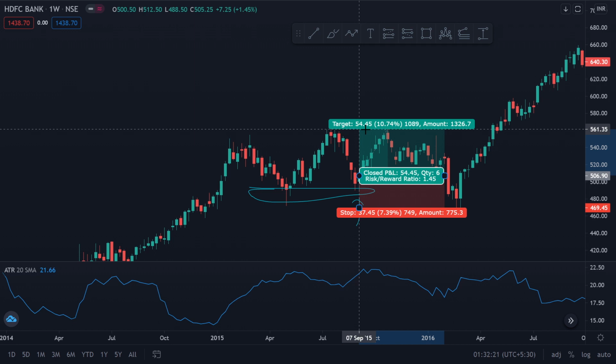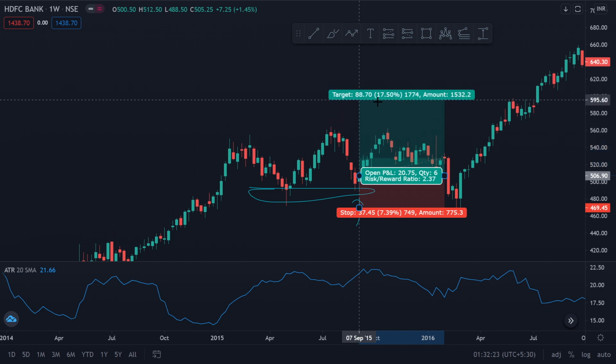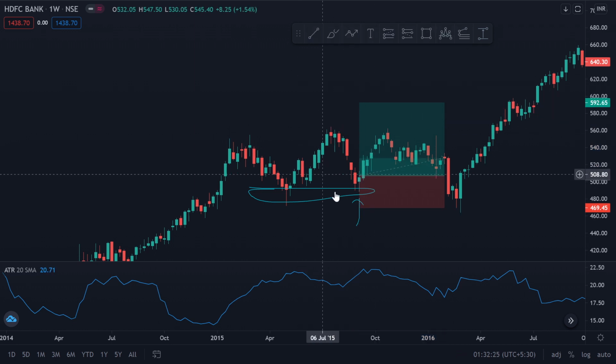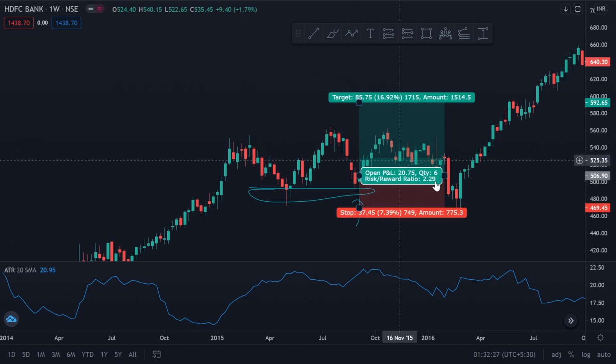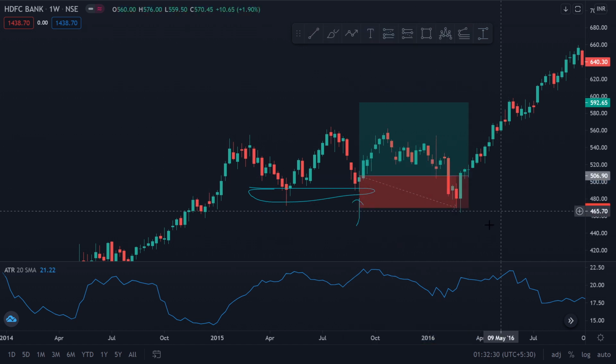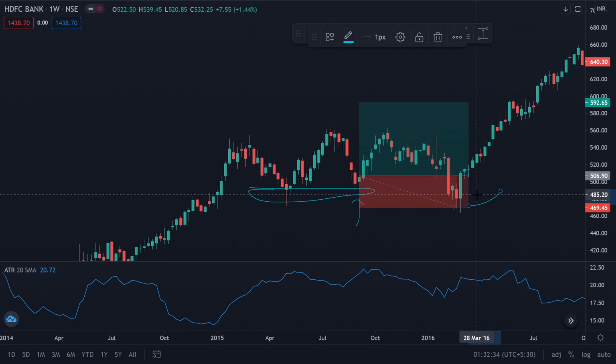I'm not saying it's bad. I'm saying if you have higher targets of 1:2 or 1:3, whatever, this wouldn't have been hit. Your targets wouldn't have been hit. Price reversed, and then you got stop loss hunted. This is a classic example of stop loss hunting. Price wicks you out. There are wick formations. Price doesn't even close at your stop loss.